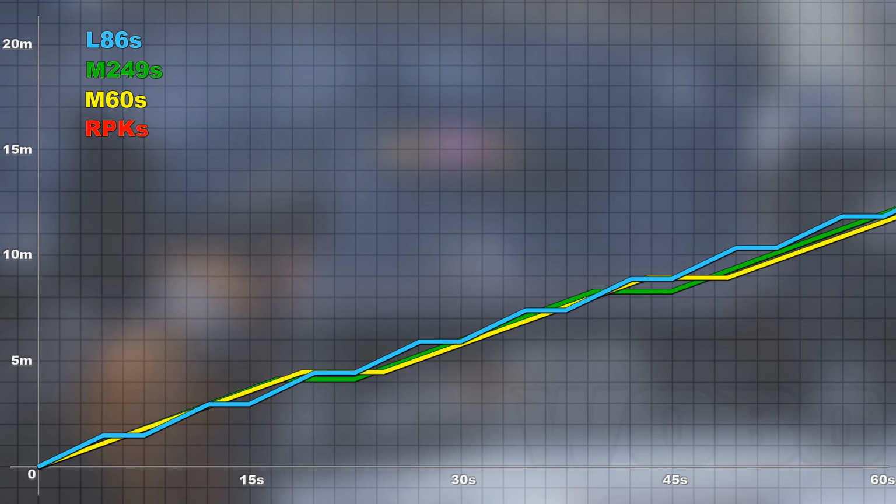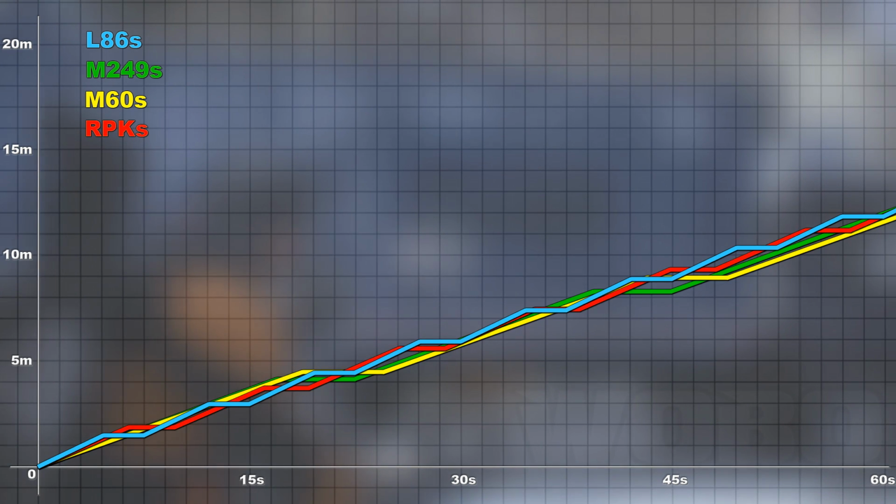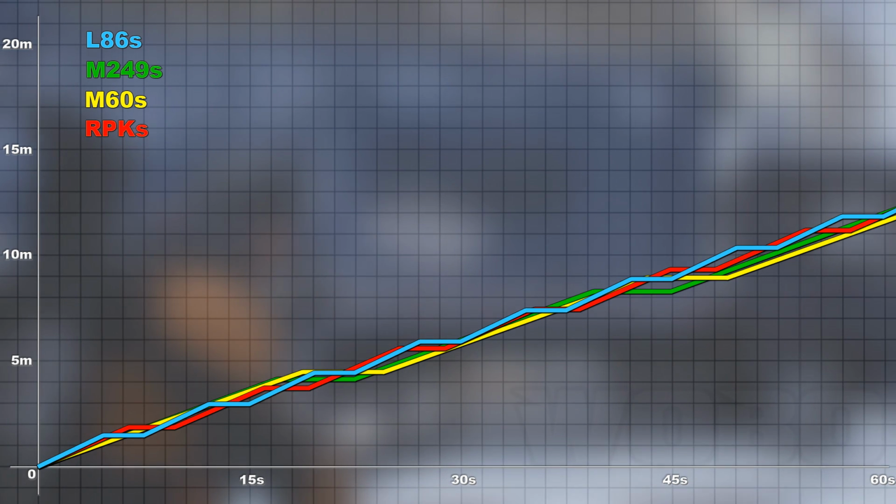The M60s, in my opinion, are the best large mag LMGs simply because they're much easier to control compared to the M249s. They do less damage, yes, but you'll likely make up for that with how many headshots you'll miss with the M249s. The RPKs have the fastest rate of fire of LMGs and a larger mag size than the